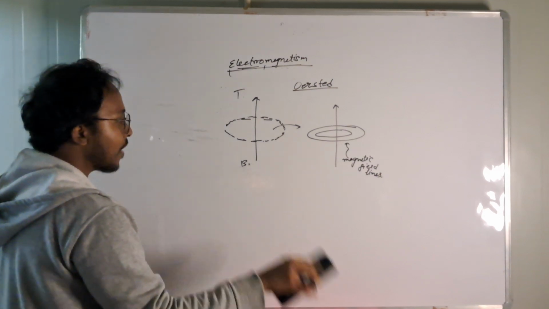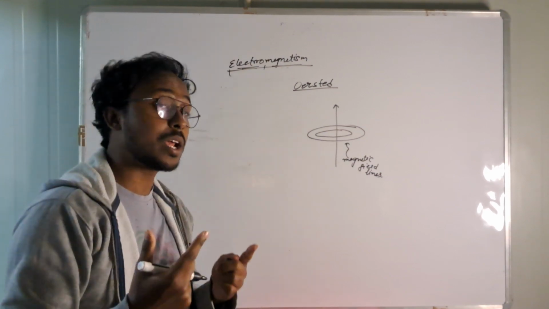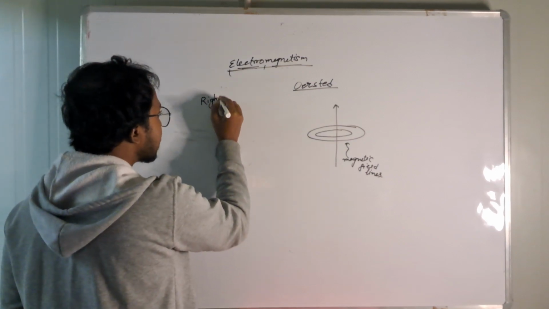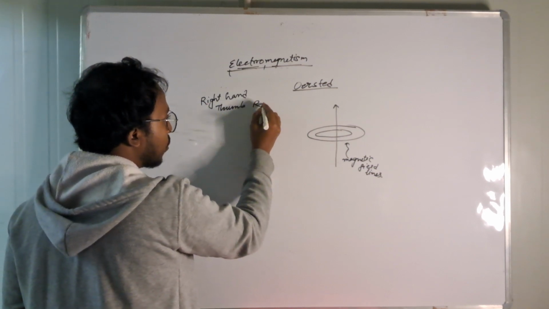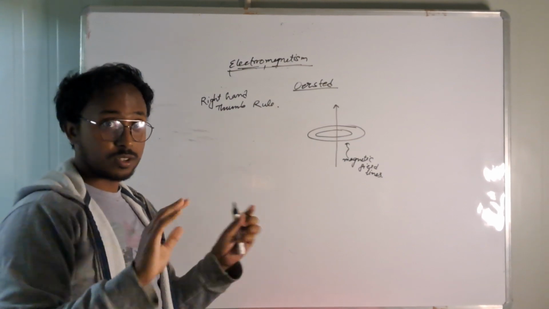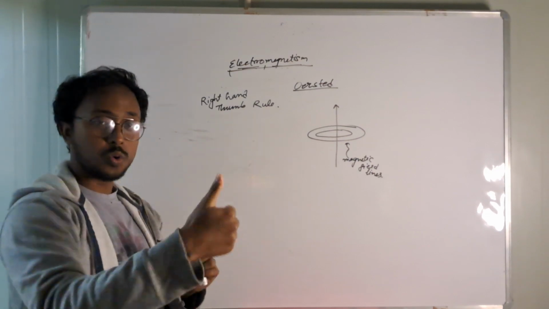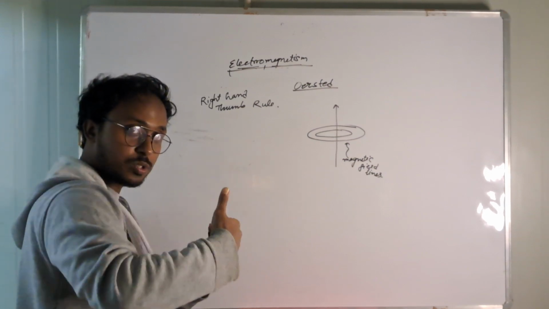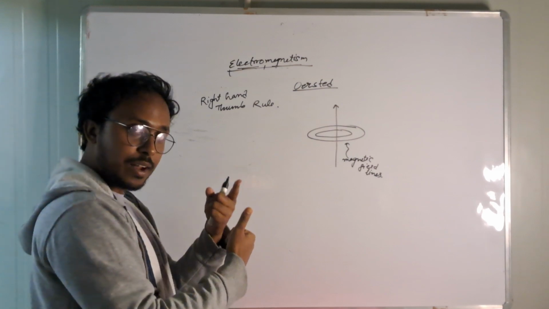So for that we have to come to a very important rule which is called the right hand grip rule, sometimes also called the right hand thumb rule. What is that? In your book you will find it as the right hand thumb rule. It says that if you orient your right hand, it's not the left hand, recognize properly, we cannot use the left hand, we have to use the right hand. If I hold my right hand and this thumb is representing the current direction, if I orient my fingers in such a way that my thumb is representing the current direction, then